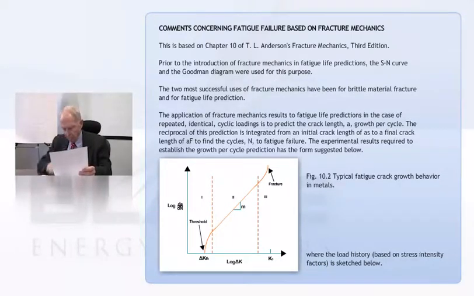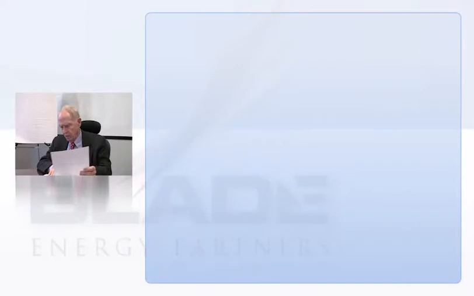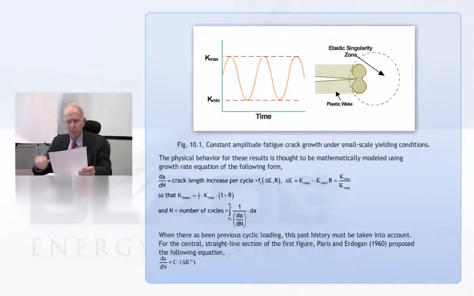On the next page, there's a little sketch also swiped from Anderson showing the variation in the K and this notion of an elastic singularity zone, but the work hardening as you go along leaves this so-called plastic wake, and they're aware of all of this. And the parameters that they